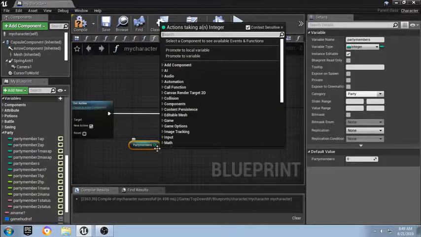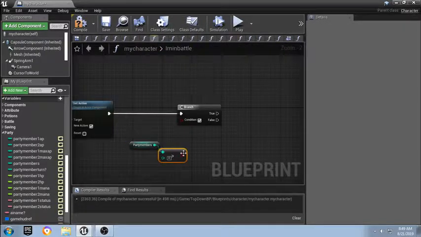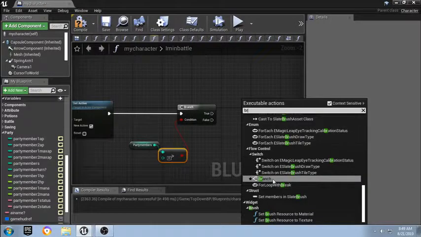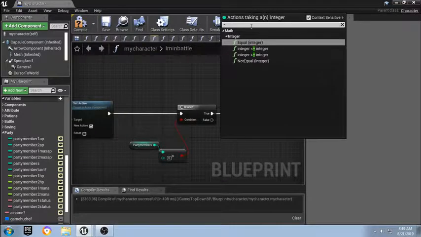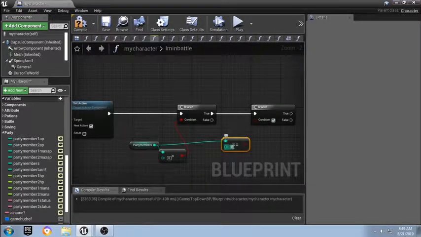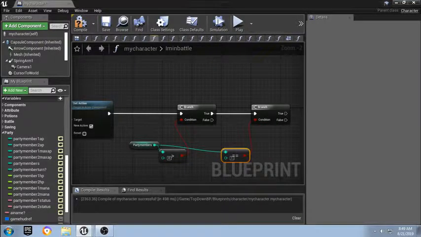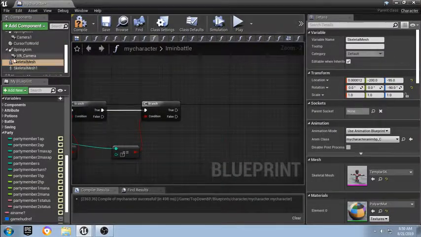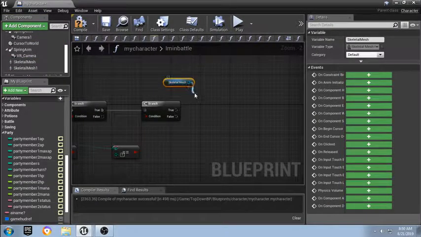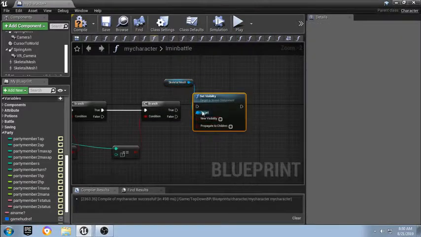If it is greater than 0, then we're going to do another branch, and we'll see if our party members is equal to 1, because if it is equal to 1, then we have one party member with us. Then we're going to grab our first skeletal mesh, and we're going to say set visibility to true,